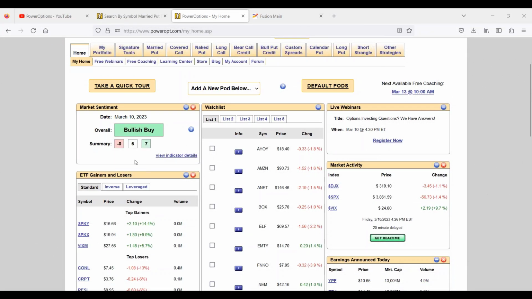Can you elaborate on the market sentiment? Of course I can. The market sentiment tool